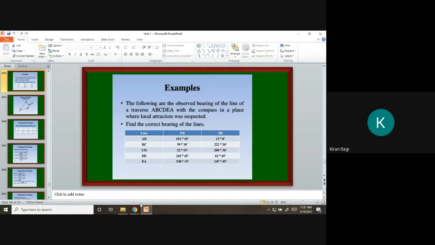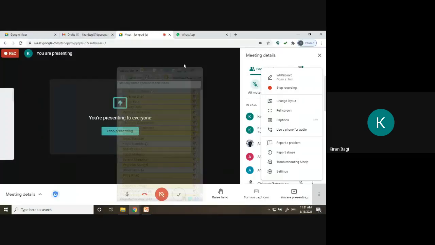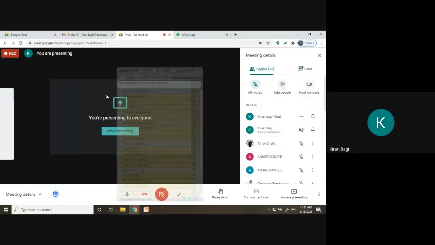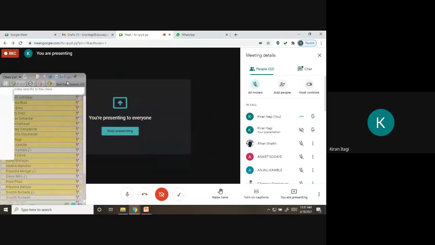The only thing is that the time limit they are giving is 3 hours, but it is taking nearly 8 hours because I don't know how to do it in a hurry. Whatever I explain, I explain up to the point. So you should be ready to attend the extra classes also. And one thing, if I am taking the class in the afternoon, obviously it will be a minimum of 2 hours. Afternoon session.